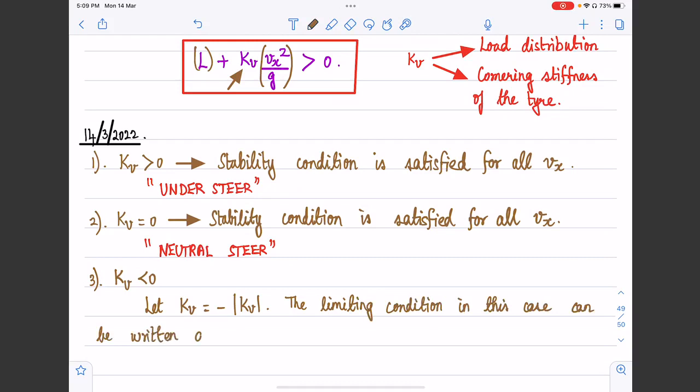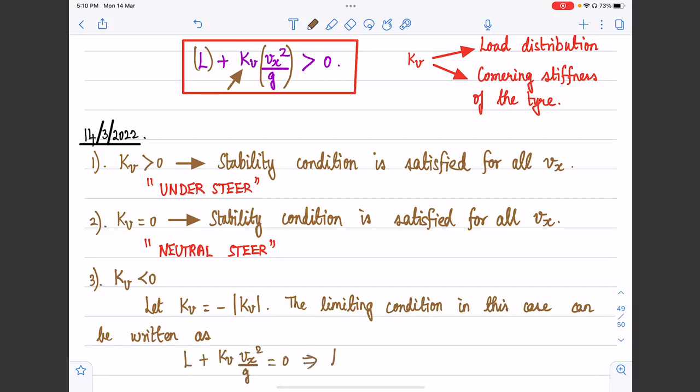See, initially to begin with, let's say this left-hand side of the inequality is positive, right? At some point, it has to become 0 to go to negative, right? So that's what we are going to call the limiting condition. So the limiting condition is going to be L plus KV Vx squared by G should be equal to 0,